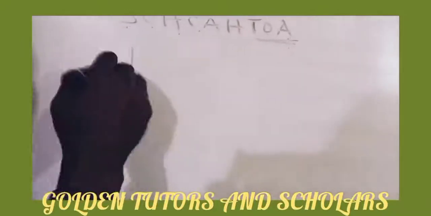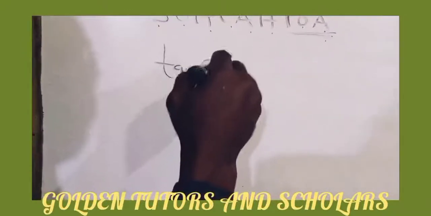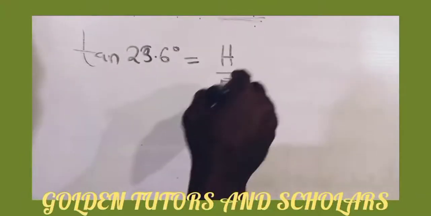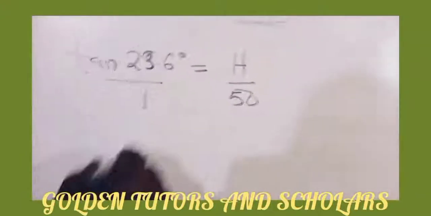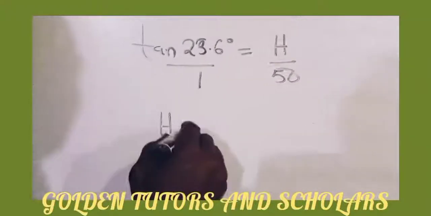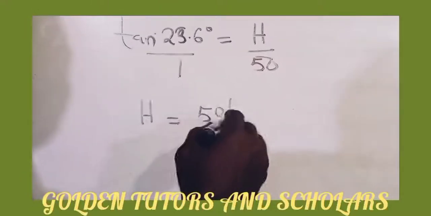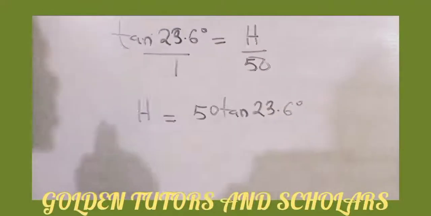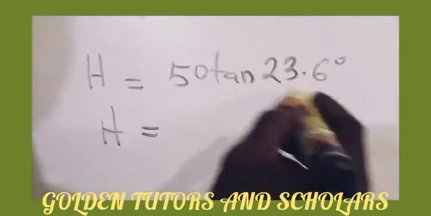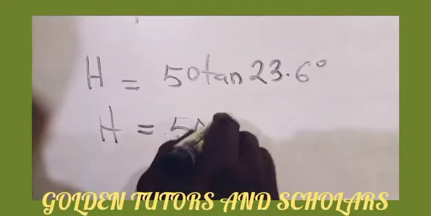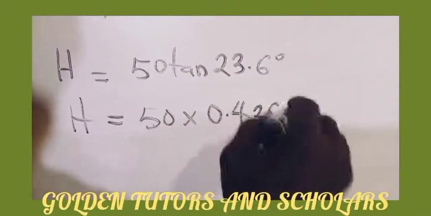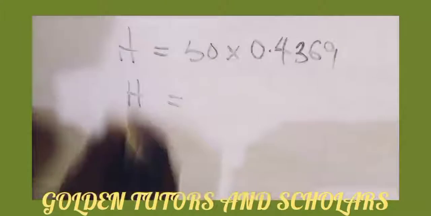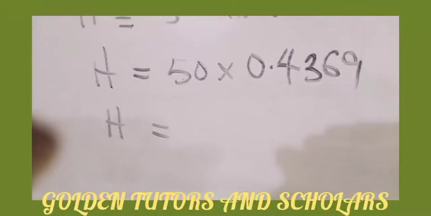So coming here, we have that tan 23.6 degrees is equal to the height of the building over 50 meters. Now from here, if you make this over 1, you cross multiply. H times 1 is H, equals 50 times tan 23.6 degrees. We go ahead to find the value of tan 23.6 degrees. This will be 50 times 0.42369. And if you work that out, it will give us